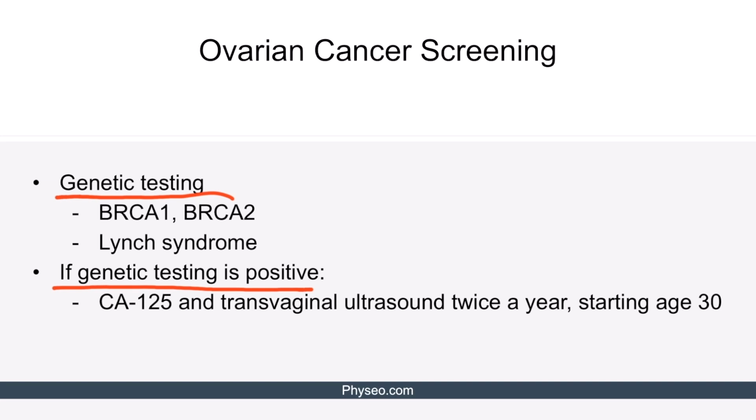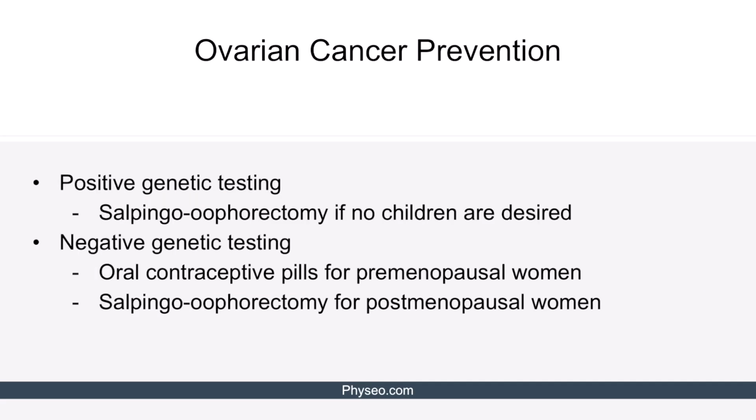So that's how you screen for ovarian cancer, but how do you prevent it? Well, the strategies for ovarian cancer prevention actually depend on whether genetic testing for high-risk mutations was positive or negative. In the setting of positive genetic testing, salpingo-oophorectomy is recommended to all women who no longer desire to bear children. And that makes sense because if you just remove the organ that can become cancerous, then you're removing that risk